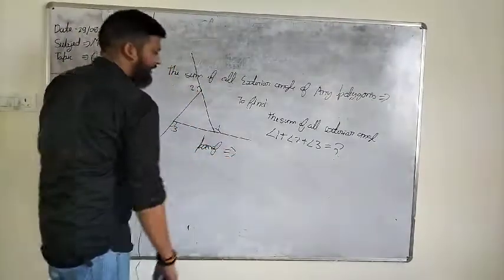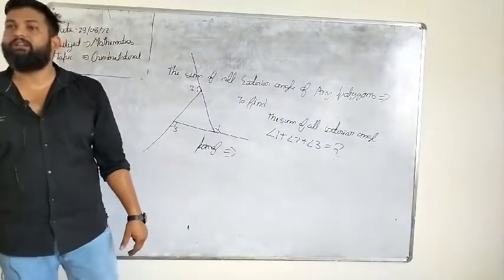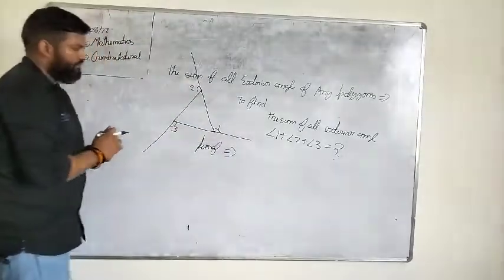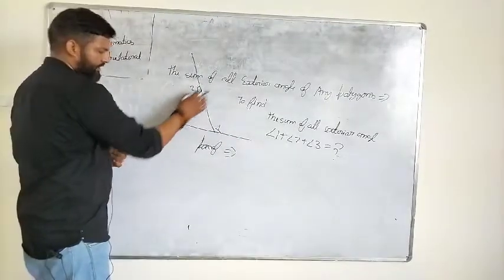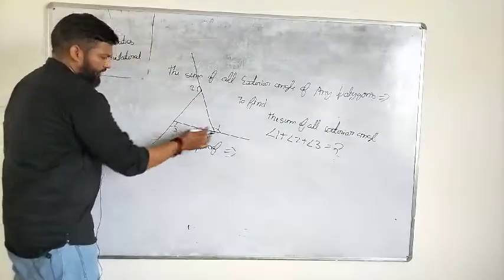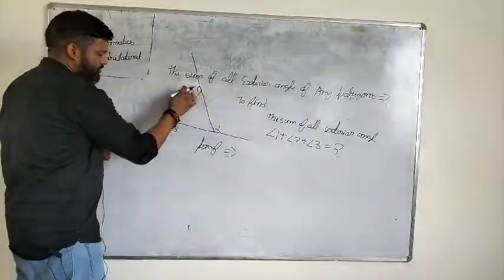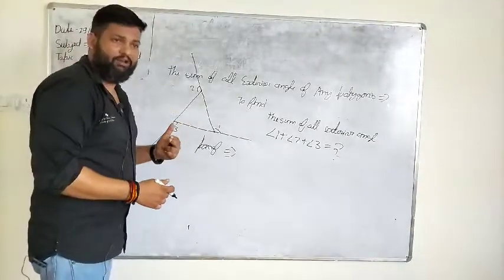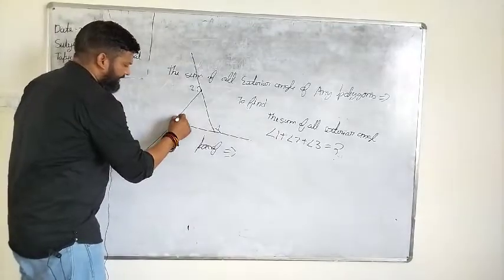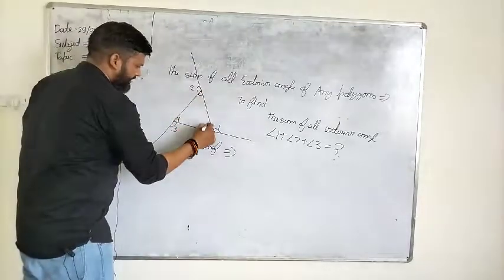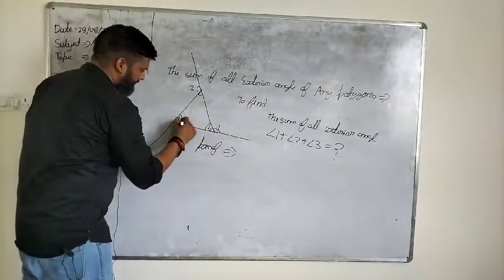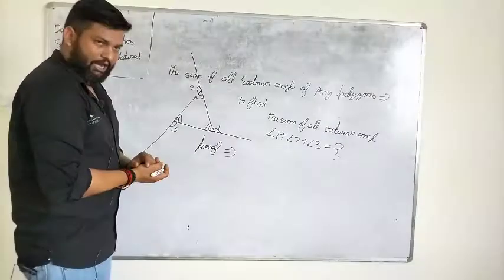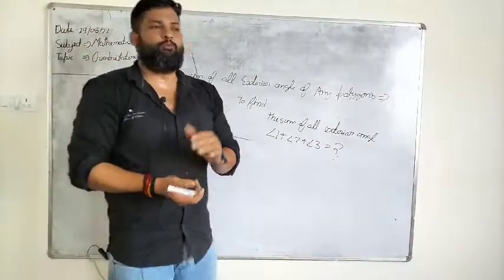It means we are finding the derivation for the sum of all exterior angles. If we draw a triangle, there is a triangle. Now the exterior angles are 1, 2, 3, and if we also name the interior angles, that is A, that is B, that is C. Is that clear? A, B, C. Is that clear? After that we know one more property.